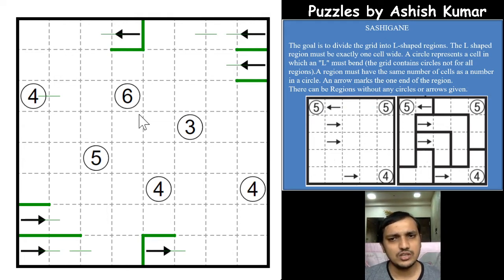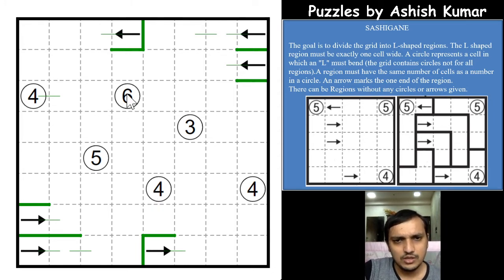Now if you see the 6, usually we have to look for the higher numbers, which give us an easy way to solve. Some logic proceeds we will get from the higher numbers, right? So if you see the 6, there are many possible ways to form the 6 and bend at the 6 and form an L actually. There are just two sides which have only one cell, and the other two sides have more than 3 or 4 cells, right?